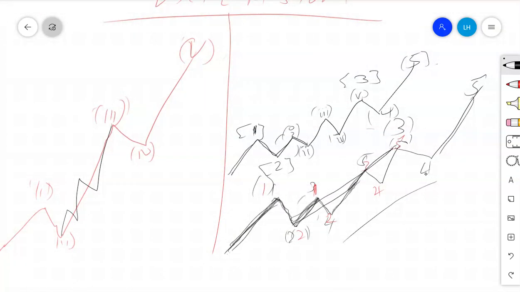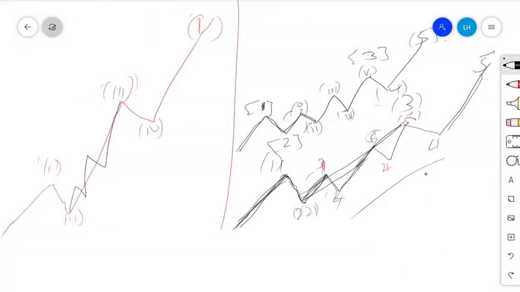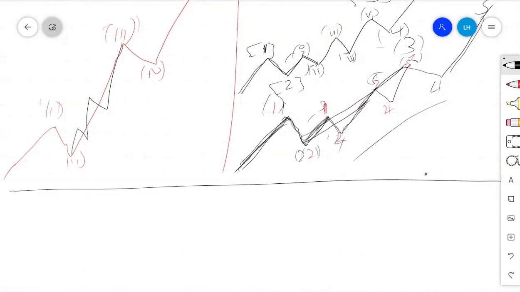Now this is a very difficult part to understand. Actually, it's a very hard thing to identify in a real market, but if you practice it, it will be very easy. So that's very simple. So sometimes when extension occurs, maybe we have this extension within a third wave. When there is extension within a third wave, you can find that the extended wave may have an internal extended wave. This is what we call the extension within extension.